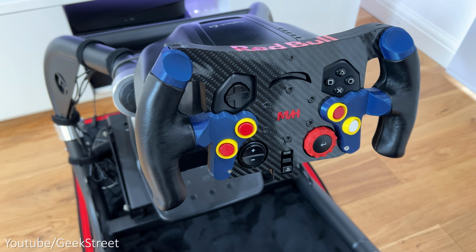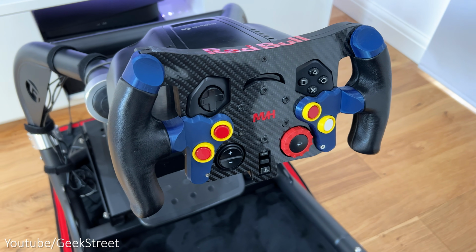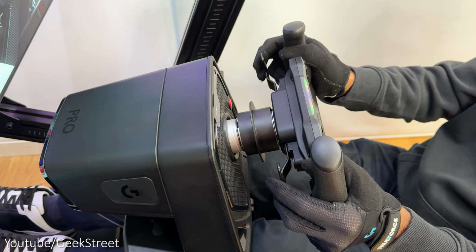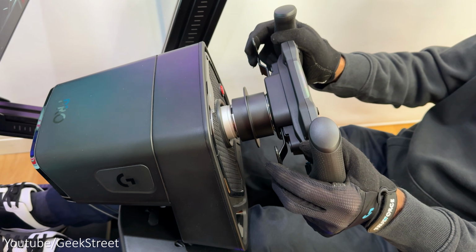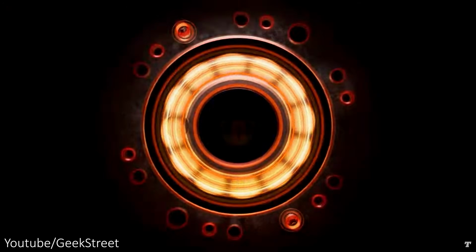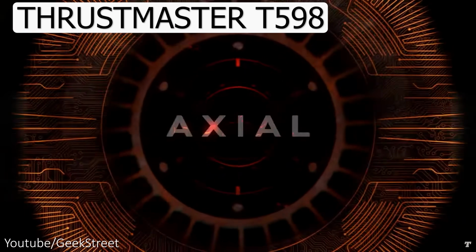It's a pretty cool way to mod the wheelbase, but cost wise, if you get a couple of mods plus the G29, for that price you might as well get a direct drive wheelbase, so not really worth it in the long run. A big step up in the entry level price range would be to go for the Thrustmaster